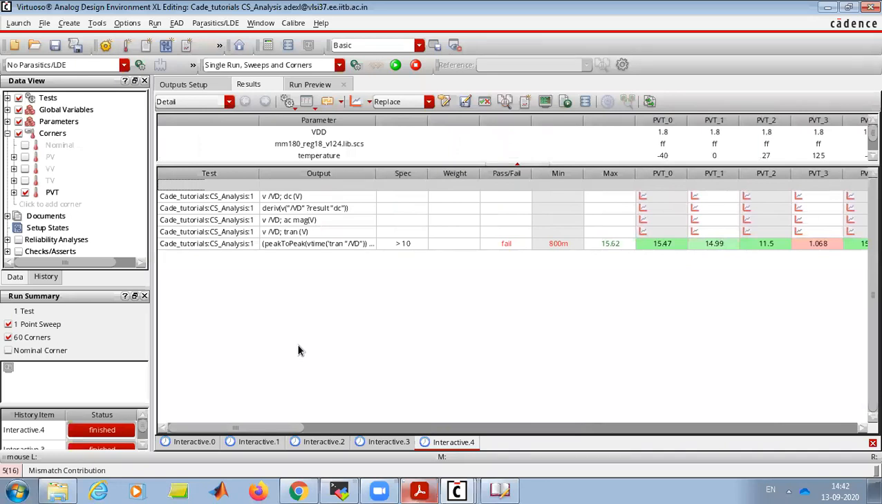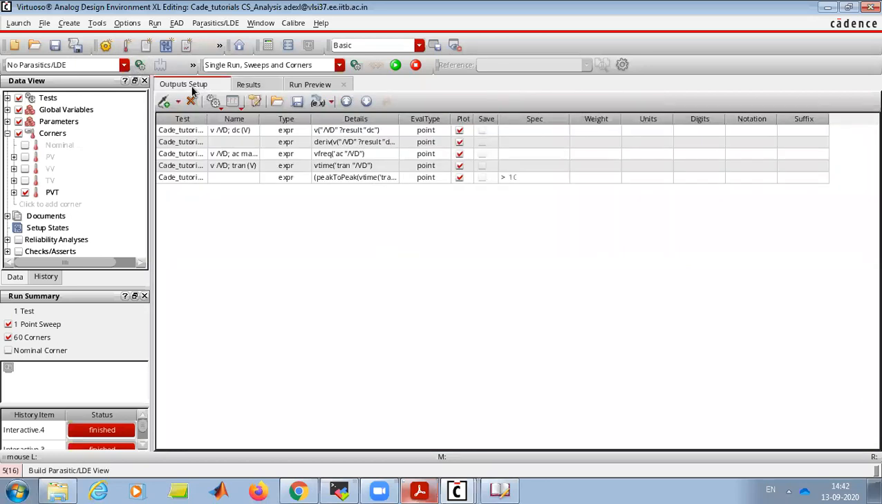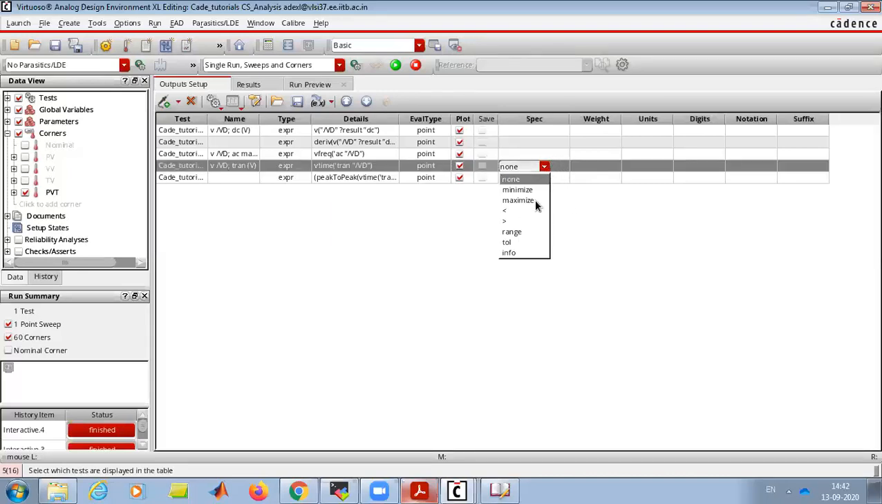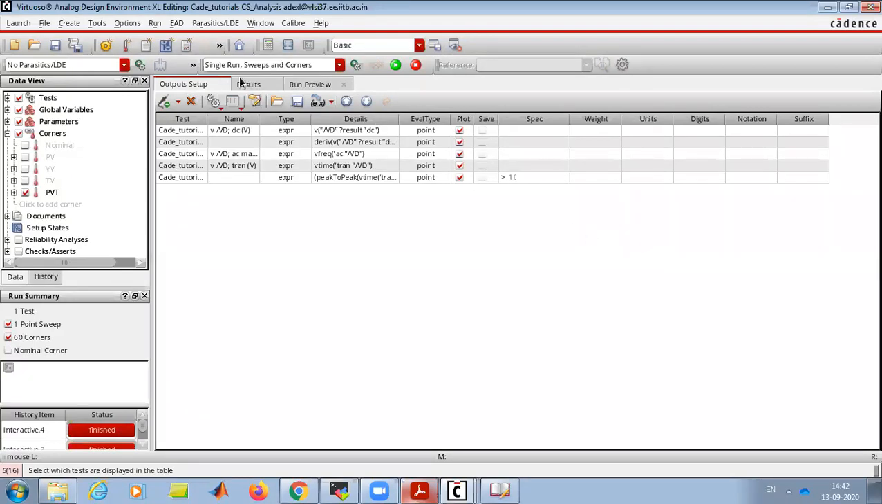So you can add more specs. The specs are added from here, so that it's not like you always need greater than something. If you want to simulate noise, you always want your noise to be lower than some value. In that case, you will put a lower limit. In some cases, you need a range, so that your parameter should always be in this range. Tolerance is also there, min max. So these parameters we can play with, and